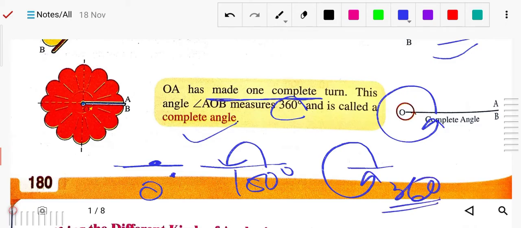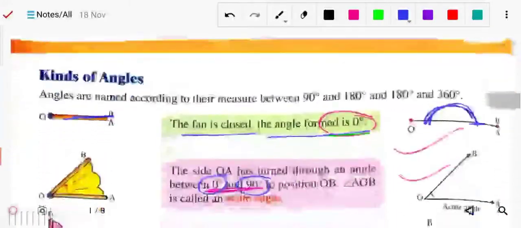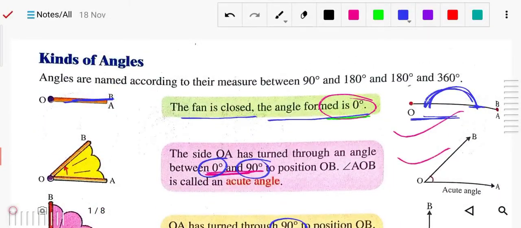At first I said that this is called the straight angle, but this is not actually a straight angle. Here I said it is a straight angle, but it is not. This is the 0 degree angle, no movement, on the same point only. It looks like that, but it is not a straight angle because there is no angle formation here.